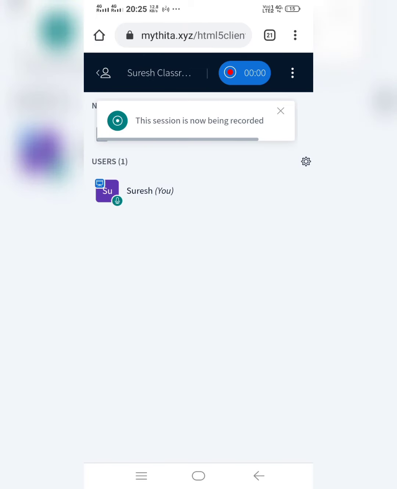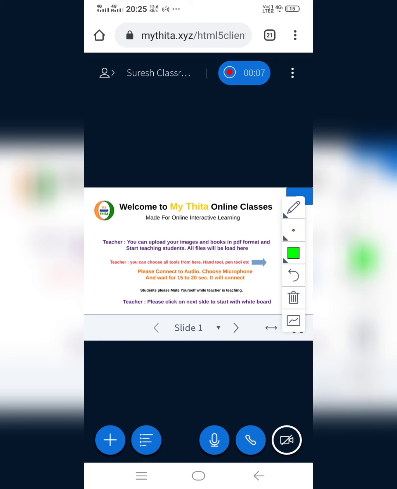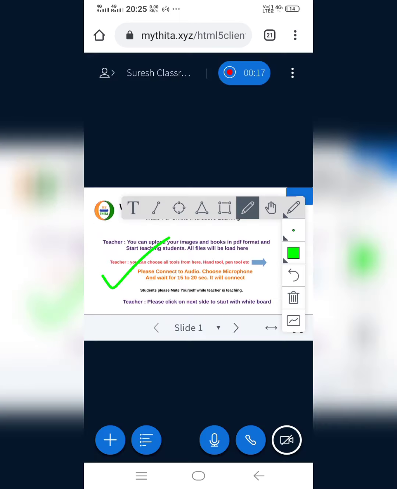Click on start recording. It will start the recording. Where your teaching is important, you can start the recording. When you are not teaching anything important, then you pause the recording. Okay, so everything is customized on this whiteboard, and these are tools to write. I'll do a detailed video about that, how to manage your meetings or classes.